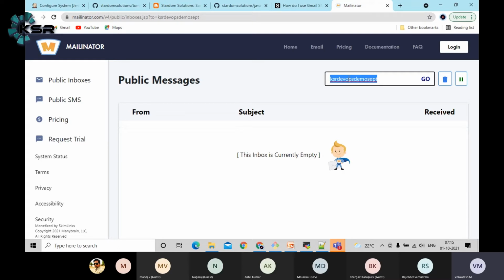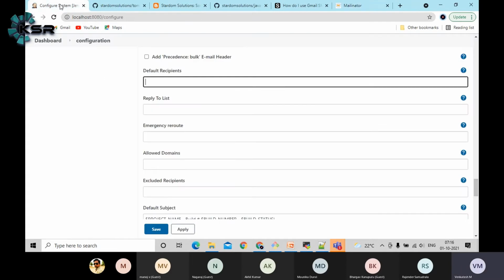Like this, you can create n number of test email IDs just for your practice purposes. But as I mentioned, this is completely public, guys. Anytime anyone can see your emails. So let's not send any security related data to these email IDs. Now what I'm going to do is add the default recipients here, @mailinator.com. That means whenever there's a success or a failure, it's going to send an email to my account. In real time, instead of this, you need to provide the developer DL,